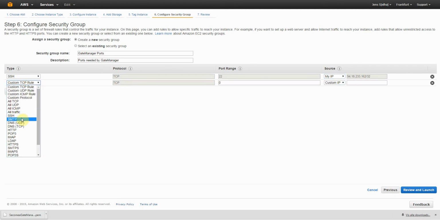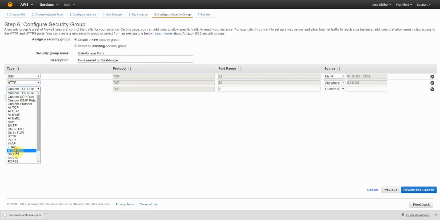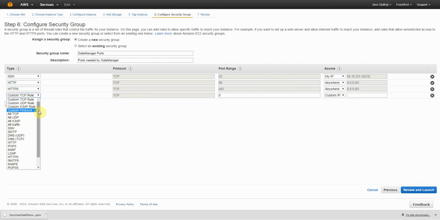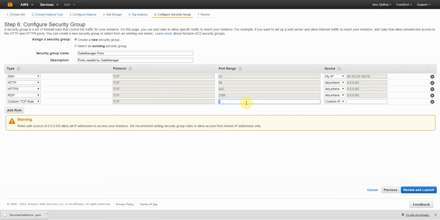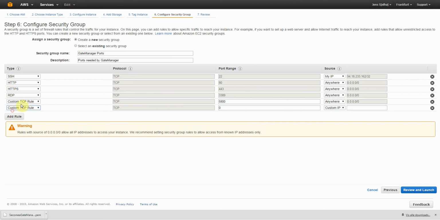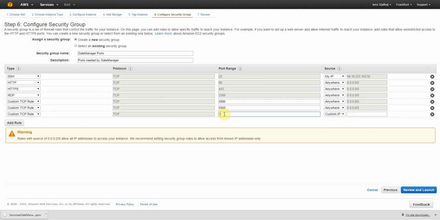We also need the HTTP port, the HTTPS port, and the IDP port, and we need those open to anywhere. We also need port 5800, which is the Java VNC, and port 5900, which is the native VNC. We need port 11,444, which is